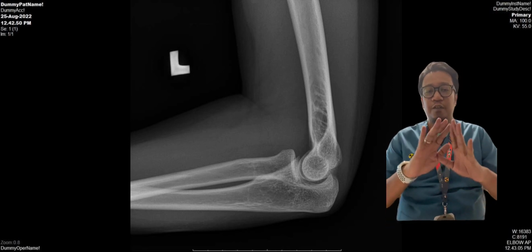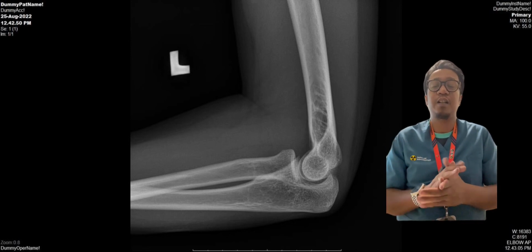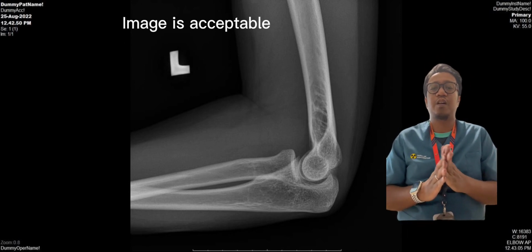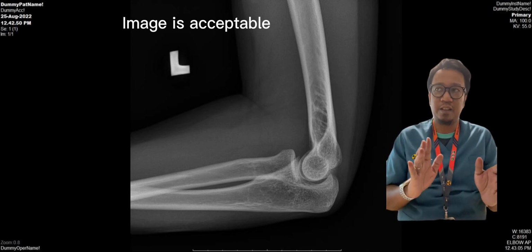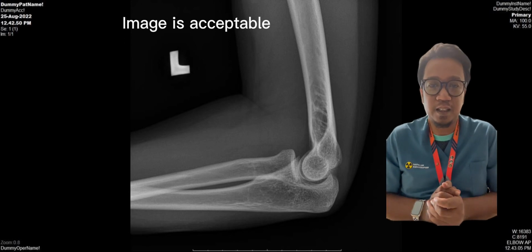So from the evaluation of the radiograph, this image is acceptable because there is no cut at the region of interest, and the image quality is good. So that's all for my